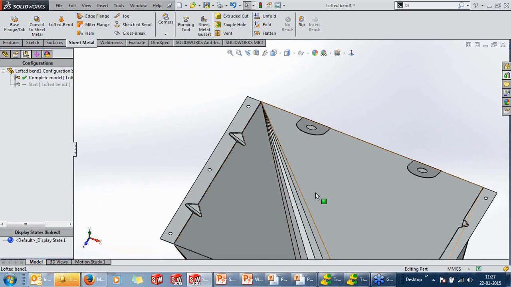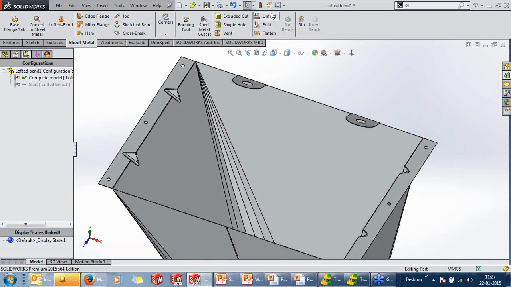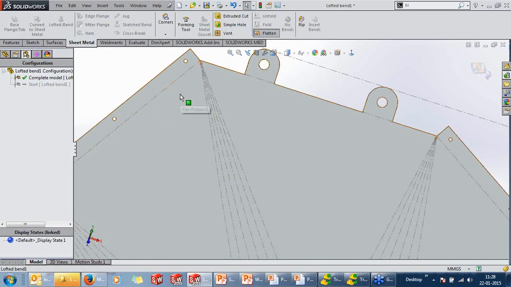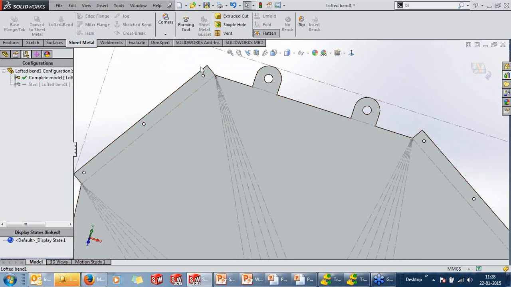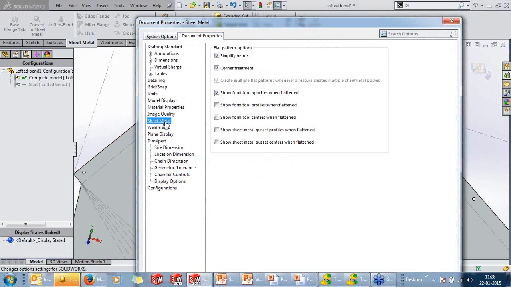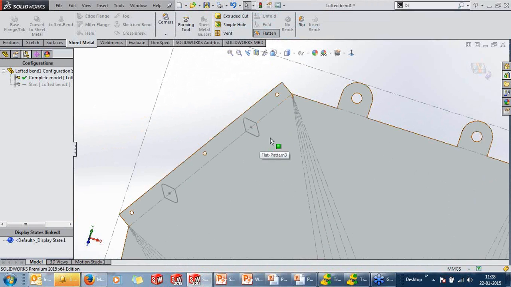These gussets are given for stiffening of this sheet metal product. So if we flatten this, we weren't able to see the gussets, right? The gusset profile. But that can be overcome by going into properties, sheet metal, show sheet metal gusset profiles and the centers, and give OK. You can see the profile and the centers as well.